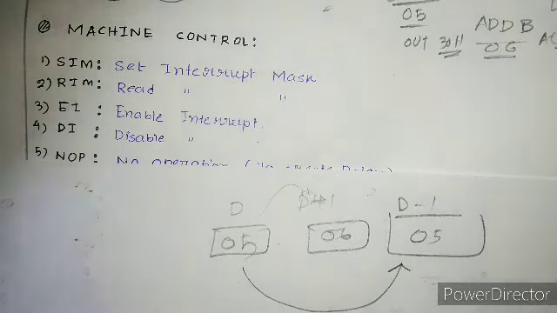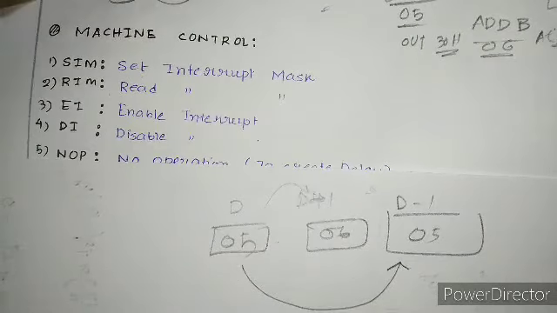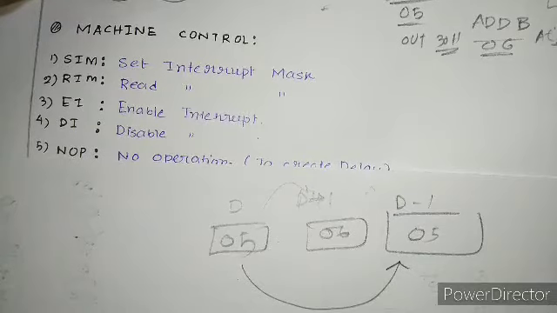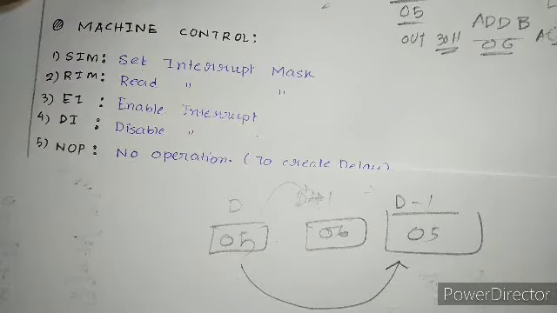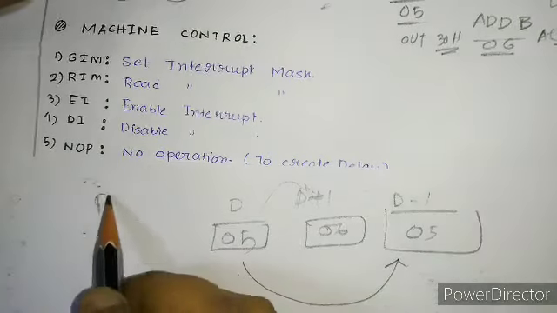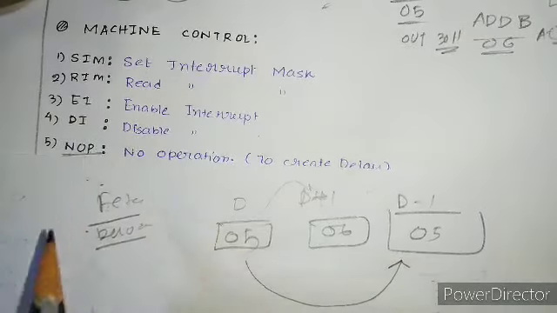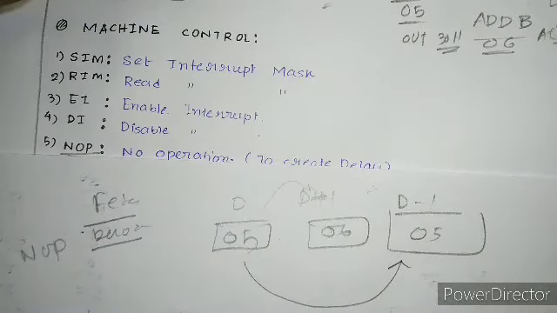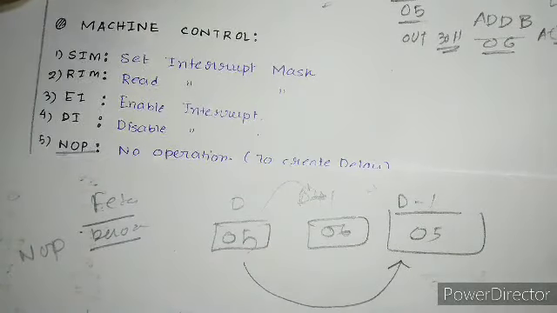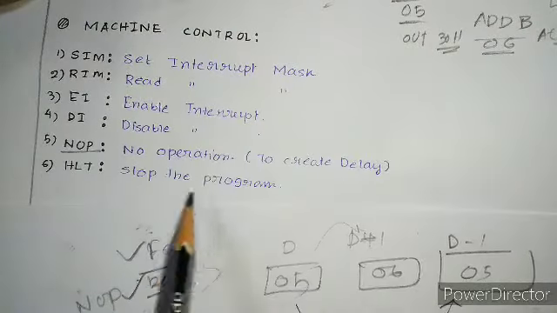But using NOP, nothing will get affected. This instruction says no operation, like whatever program is going on, stop there for a particular time. This is for delay, then it gets executed again after some time. How? Fetch and decode, these two steps get performed. When the microprocessor decodes the NOP, it says, oh, this is for no operation, now I just have to stay. But these two steps already got performed, so this is used for creating delay.